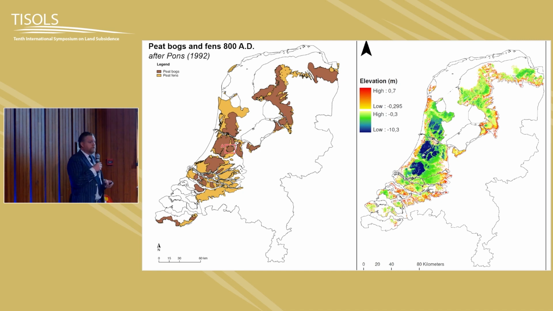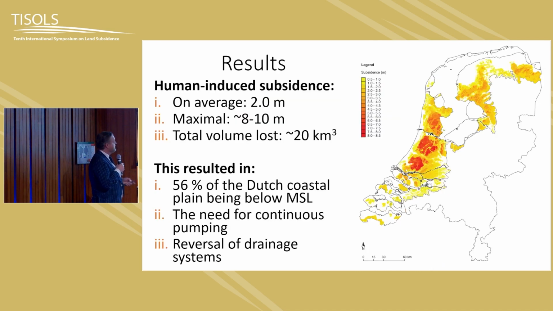So we could attribute an elevation to that, and then we also have the laser altimetry elevation of the Netherlands, a map on the right, showing that most of the same area is now below sea level. You can see some areas, the deep blue areas, those are the areas where the former peat mines were located, where peat was excavated. So we have these two elevations, and we can just subtract them. And that basically gave us the map that you've seen before. So that's the 1,000 years of land subsidence, the volume loss that we had.